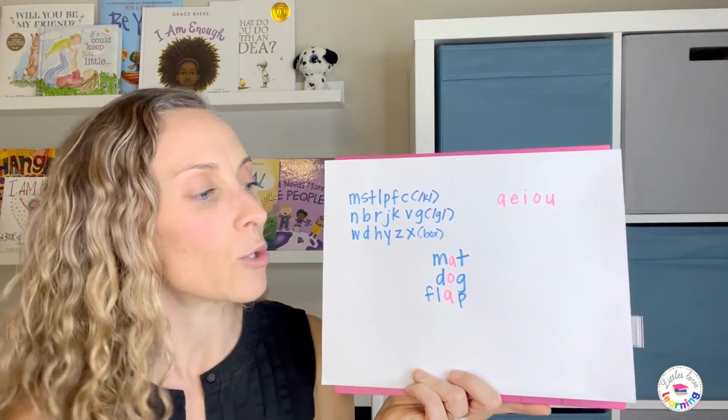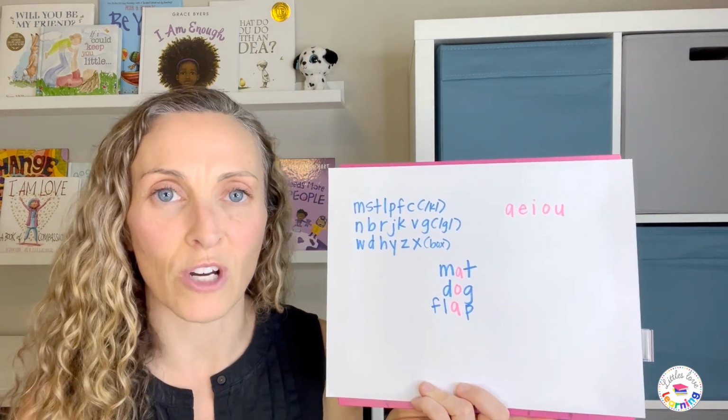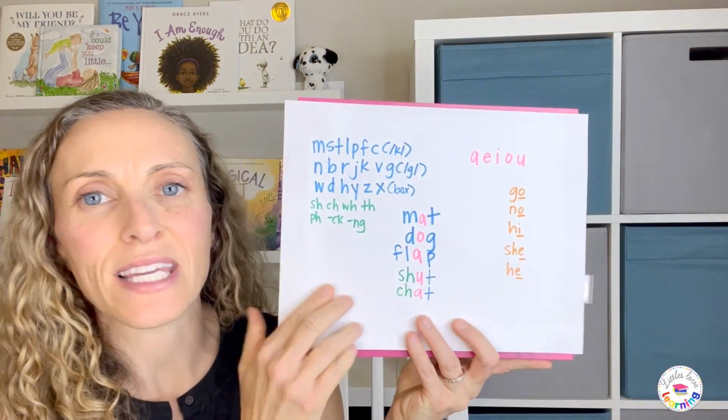They might not be, and that's okay, but you want to stick with those predictable words first. Now, depending on your child's program, they are also going to learn something called consonant digraphs. That's when we have 2 letters, but they're representing 1 sound. So the common ones that we usually see in kindergarten,